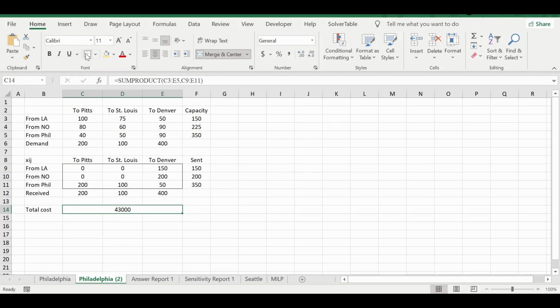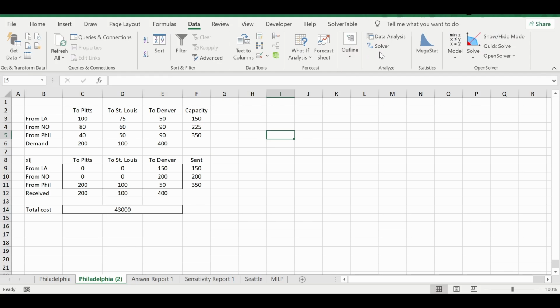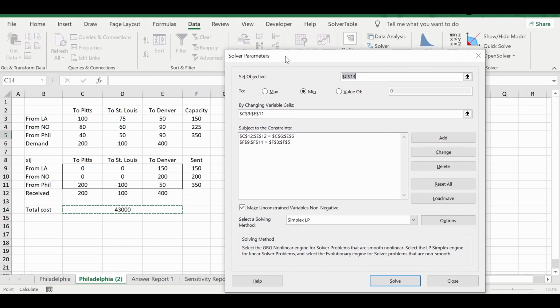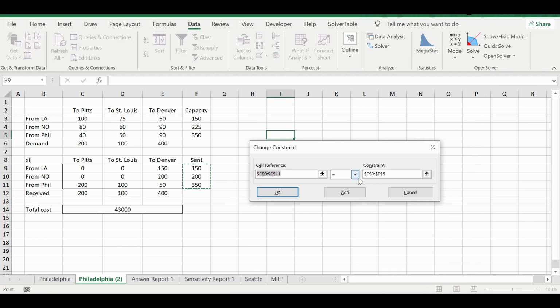How? You go to Excel and then go to Solver, and instead of using these capacity constraints as equality, you keep it as less than or equal to. So now your total capacity is not fully consumed. Whatever you have sent should be less than or equal to the capacity.